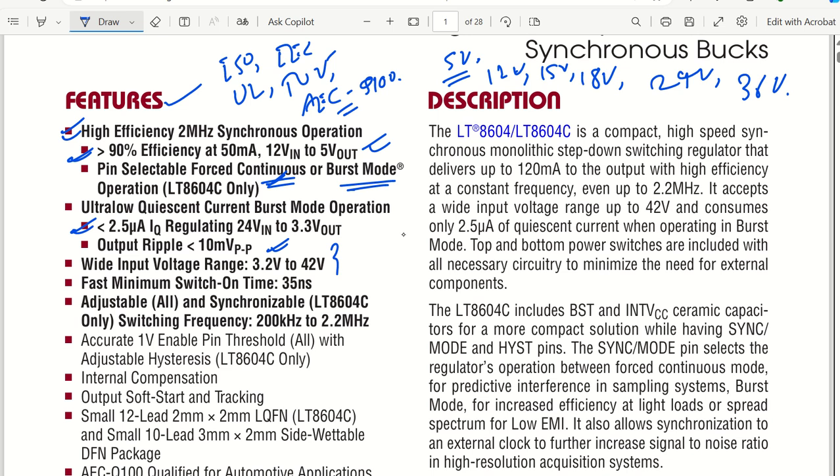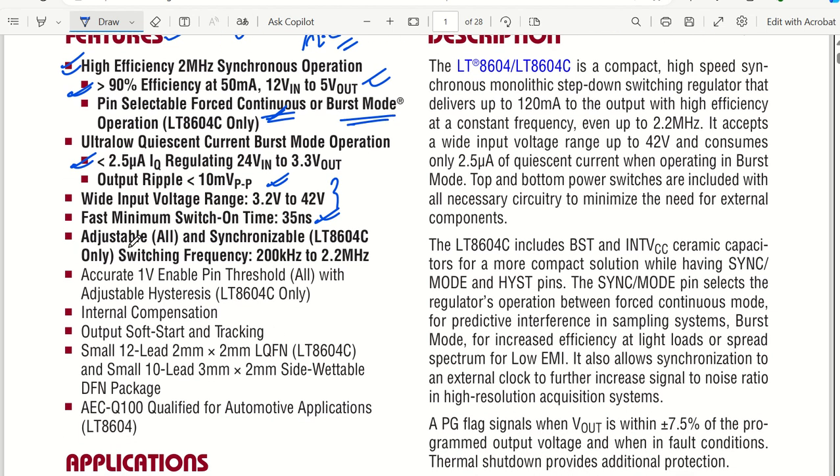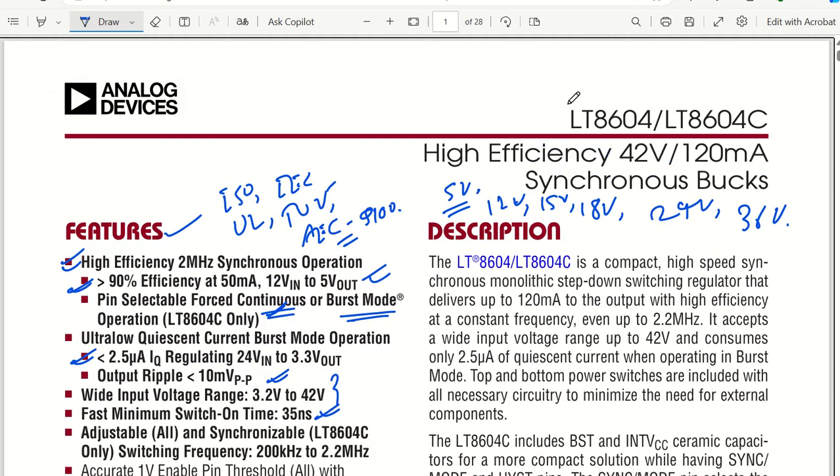we have a switch on time which is just 35 nanoseconds. In 35 nanoseconds you will be able to get your output immediately as soon as you start. We have adjustable and synchronizable switching frequency, which is going to be 200 kilohertz to 2.2 megahertz. So basically there are two ICs. One is LT8604, so that is having an adjustable version, as well as synchronizable. If you want to connect it through an external oscillator or external clocks, then you can use LT8604C. Okay,